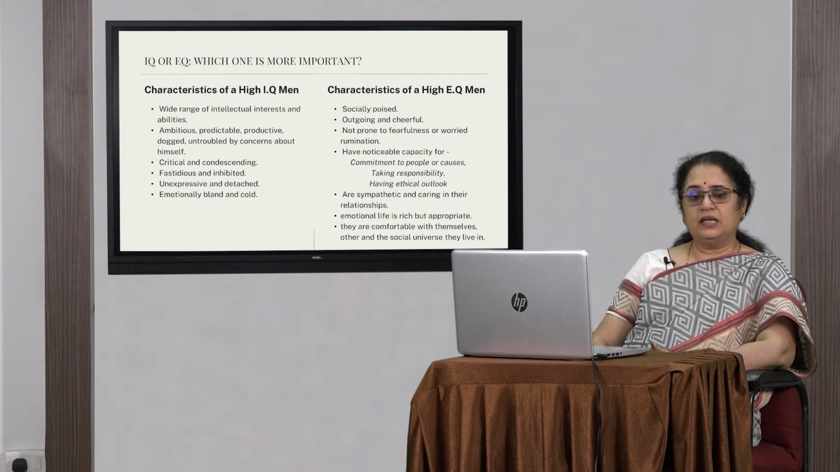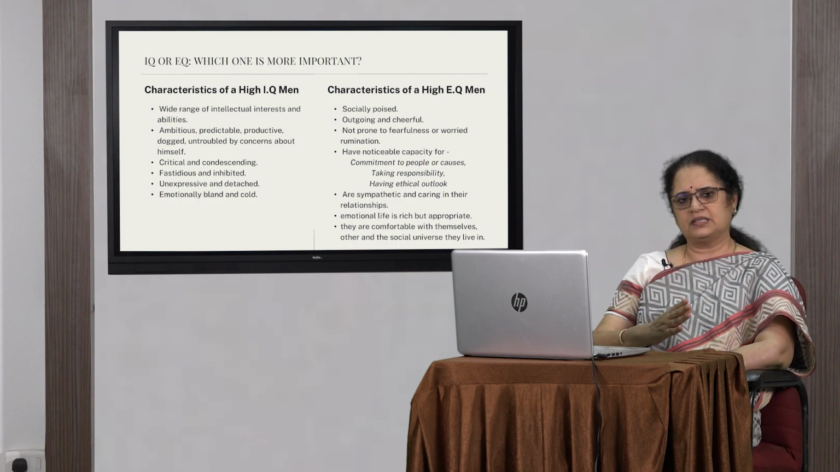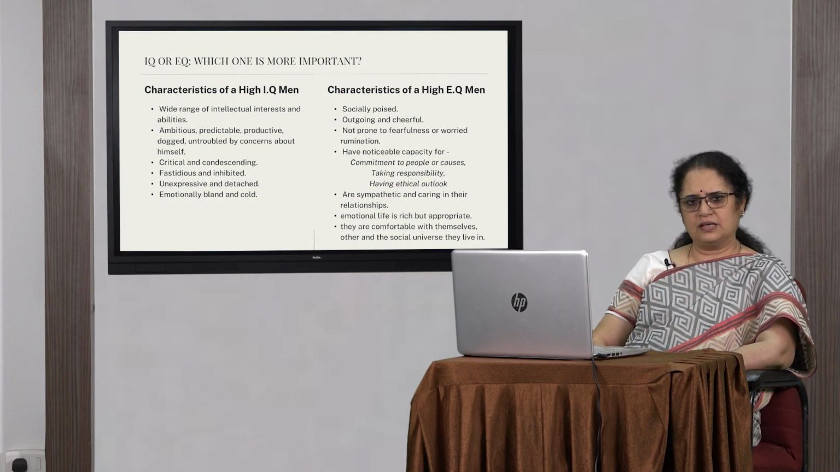And talking about high EQ people, if you see, there is a high contrast between high IQ and high EQ people. High EQ people can also be very intelligent, but they are very good in their interactions. They are socially poised, they know how to present themselves, they are outgoing, they are cheerful. Everywhere, if you see all the 5 attributes that we were discussing earlier, they keep coming out as qualities